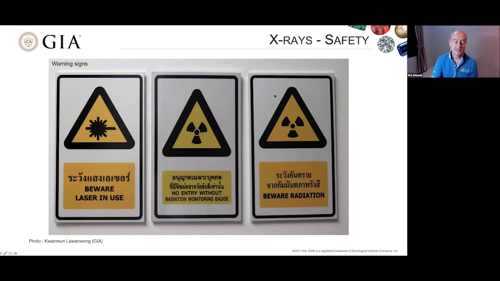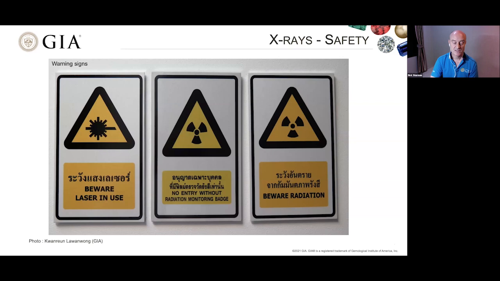So I mentioned safety, and this obviously, when we're dealing with X-rays, is very important. So the staff all need to be very aware of other safety aspects. And when we enter any area containing X-ray units, there are always warning signs, or you could say safety signs, on the doors to ensure everyone keeps alert. However, it is even more important when we have visitors, because obviously visitors are not so aware of what they're entering, and we have to make sure that any visitors who come in are safe.